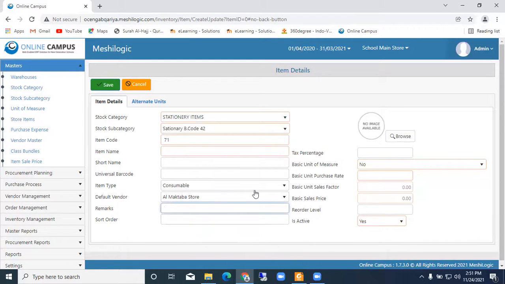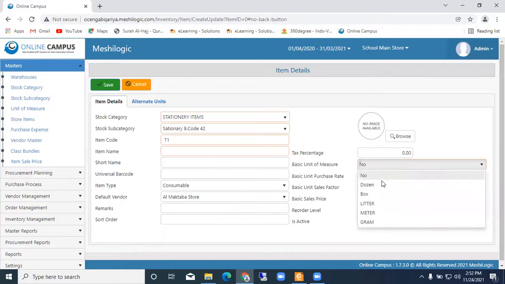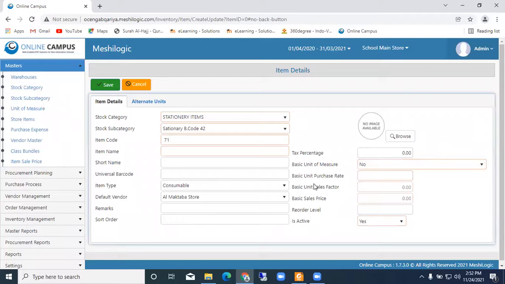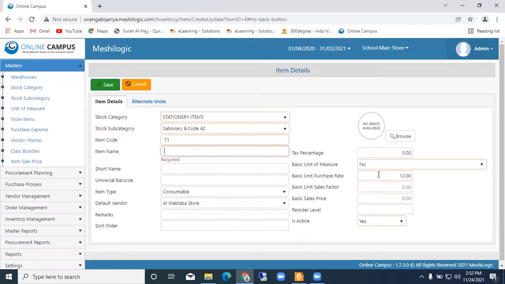As soon as you enter all these things, next, the tax percentage, the 15% tax here, depending on the tax percentage. Then the unit. What is that unit we are purchasing, the item? And then basic unit purchased. Basic unit purchase means, suppose if you have purchased 10 items, 12 items, it will come as 12 items. So all these things we can enter.